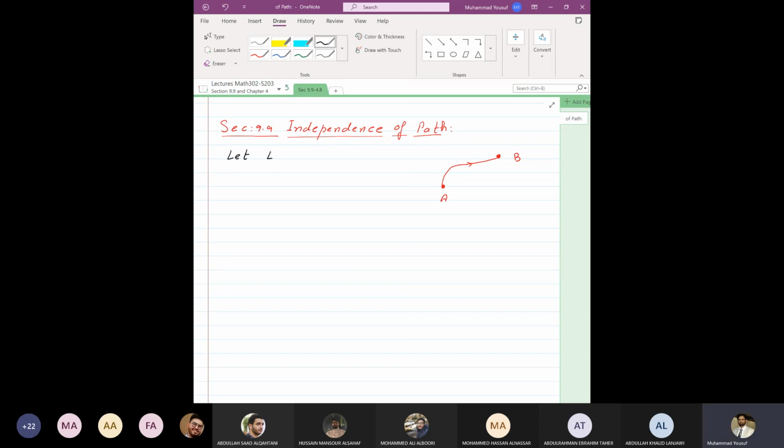Let this vector field F, as a function of x, y, z, be P of x, y, z times i, but this time with the notation of the new book, we can say ax, this unit vector, plus,